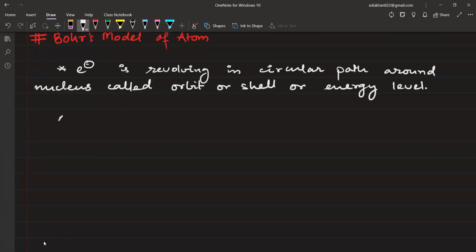Then the next one was very important. He said that if the electron is present in a particular orbit,